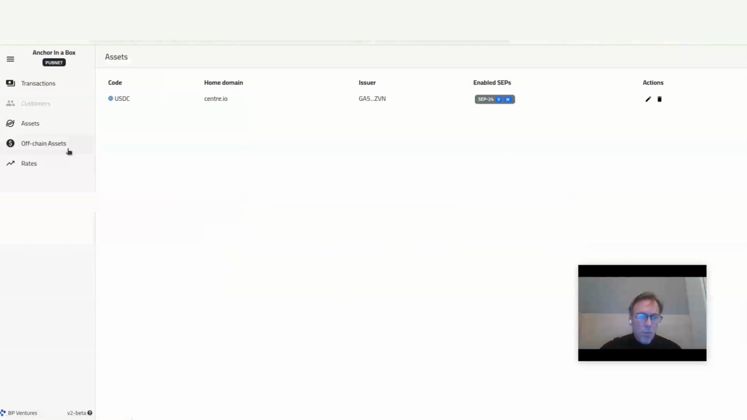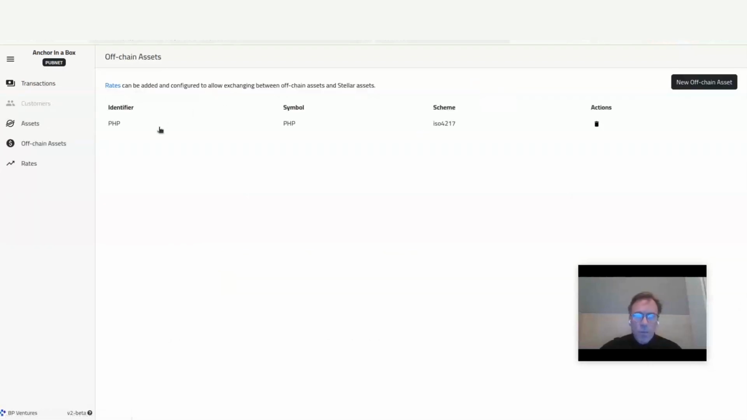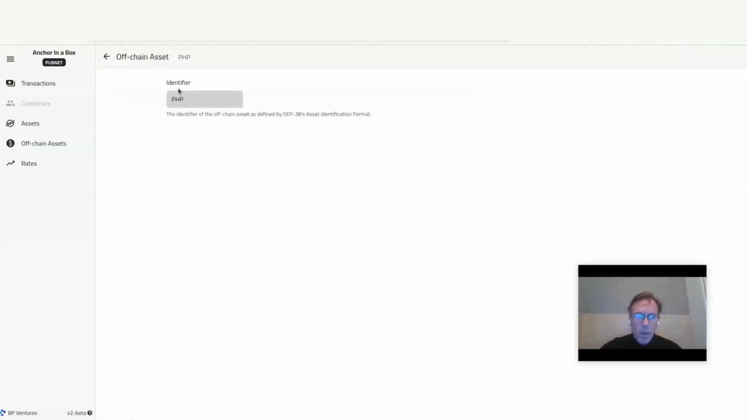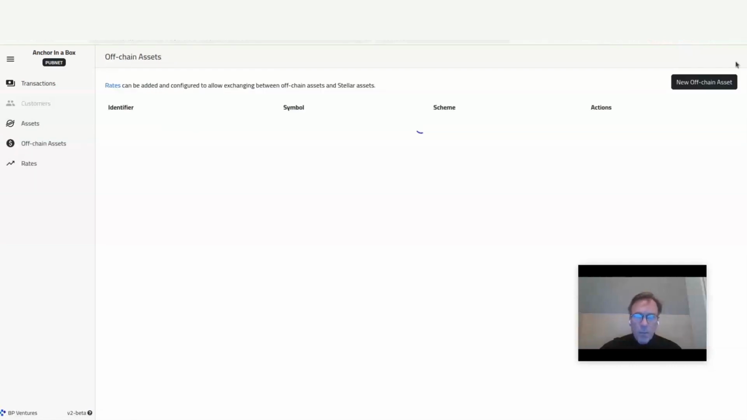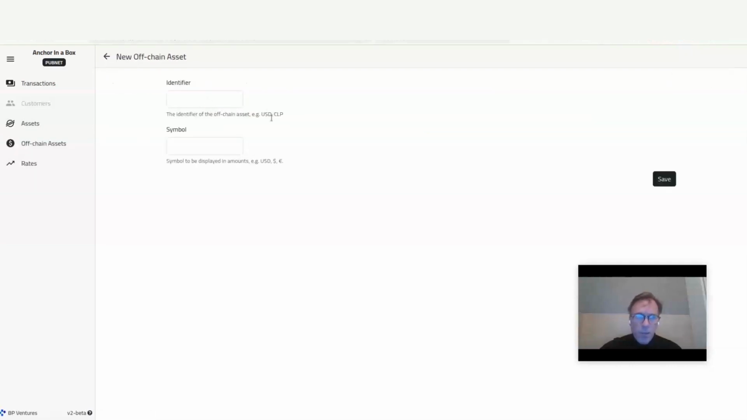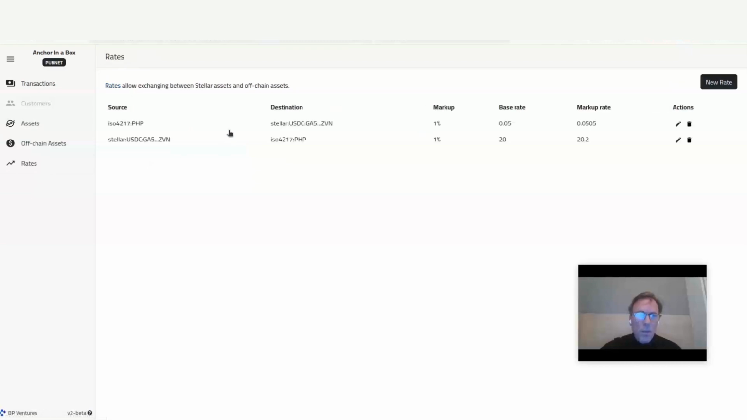So I've got my SEP 24 turned on. Now I've already pre-created my PHP. Now I could create a new off-chain asset such as CLP or another one, and I'd have a different symbol. But in this case, I've already got this set up. And then I've got rates. And this is from off-chain ISO PHP to Stellar USDC. So from the Philippines into crypto, US dollars, and here's a markup that we've set, and